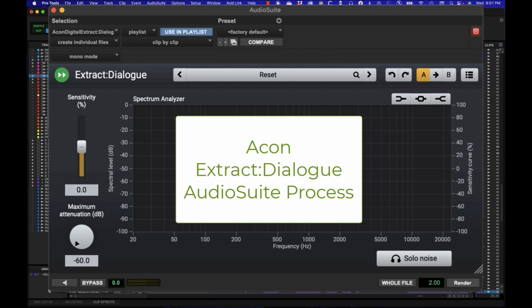And that's the process of working with Acon Extract Dialog as an AudioSuite